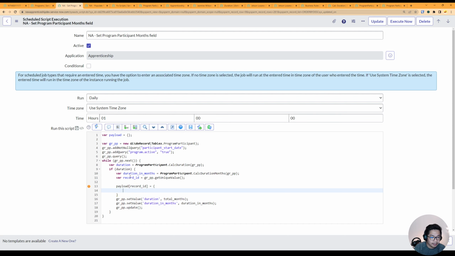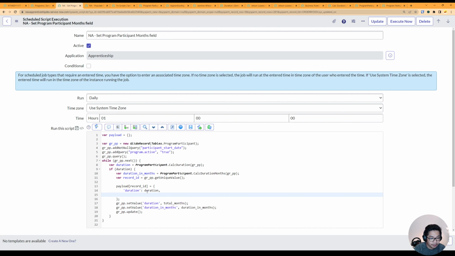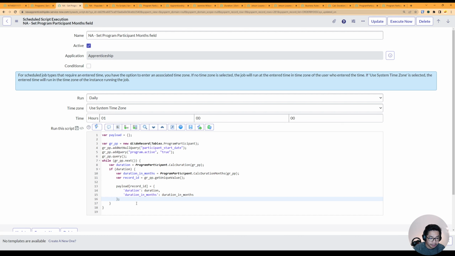And inside that is another object, and that's where we put in key value pairs to set those values. So in this case, instead of using setValue, we'll do duration colon and then the corresponding value. So I think it's duration, and next is duration in months. Put in the duration in months. Right, so we don't have to use those lines in this part anymore. Next is, once we have successfully collected all the records that should be updated,